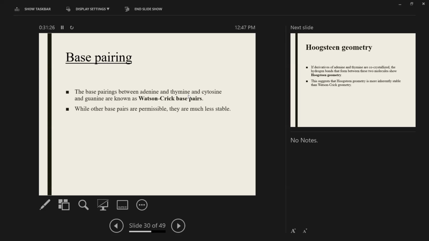Jerry Donahue was an organic chemist. Apparently, when they started with the bases, they had the bases in the wrong form. The bases could be in a keto form or an enol form, and they had them in the enol form. Donahue said that at pH 7, they're going to be in the keto form.